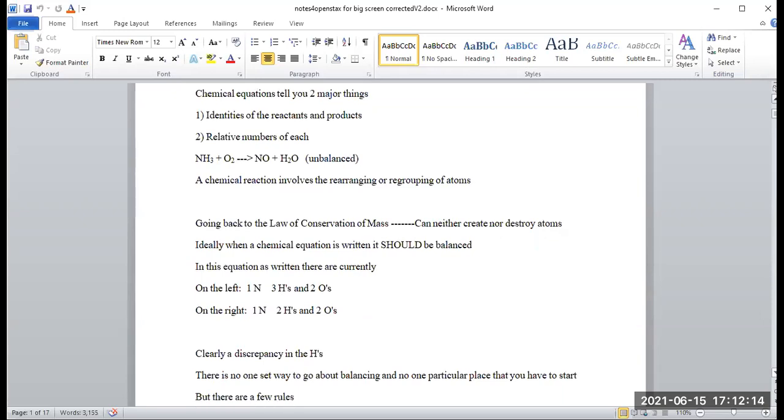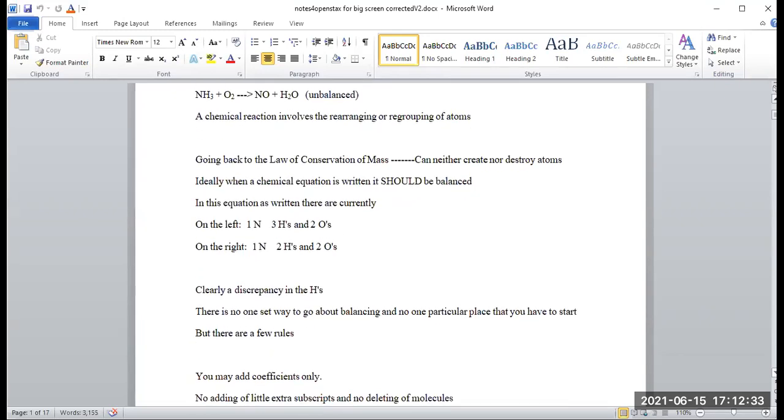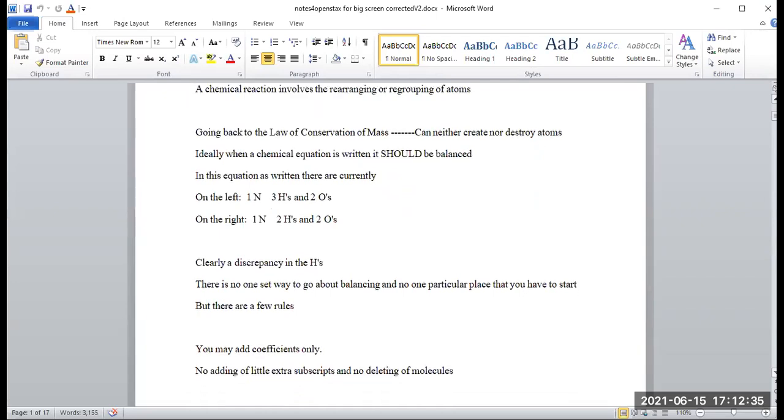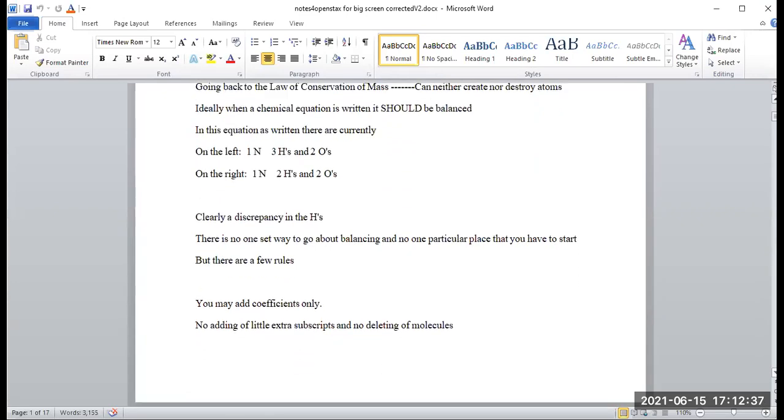I've got 1 nitrogen on the left, 3 hydrogens, and 2 oxygens. I have something similar but not identical on the right-hand side: a nitrogen, a hydrogen, and 2 oxygens. The hydrogens are the part that doesn't match. Now, when you begin to balance things, there in reality is not one particular place that you have to start,